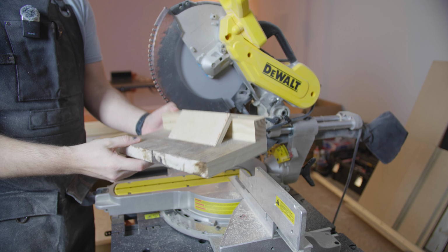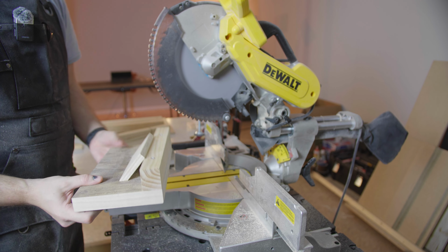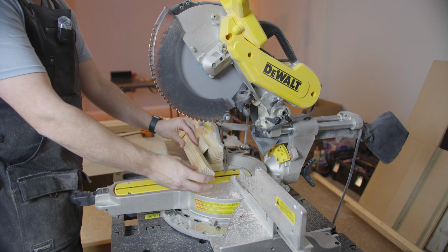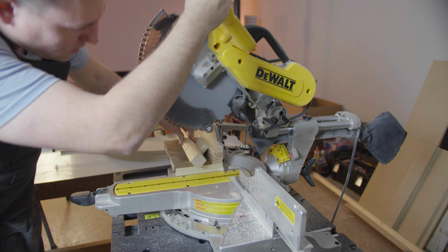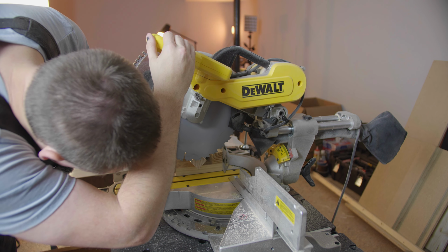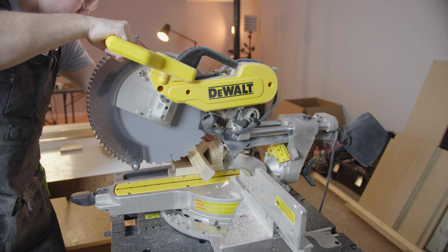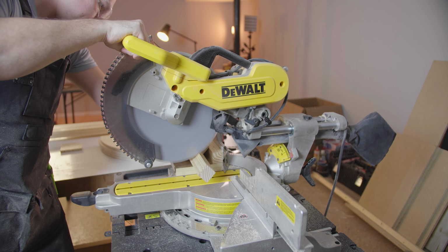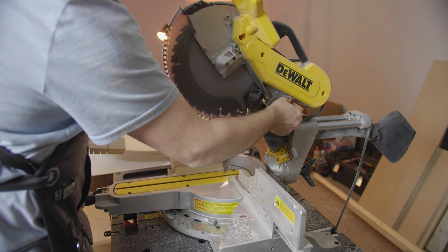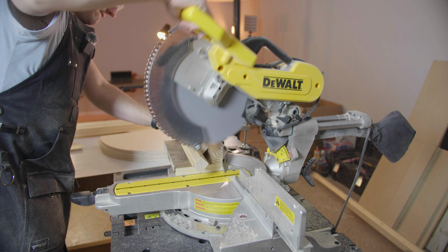So I eventually decided to take just this part of the jig and bring it over to the miter saw. I then took a little piece of scrap wood and tried to set the depth stop so that it would only take half of the board with each pass. After a little bit of adjustment, I was ready to start making some test cuts. So then I would make a cut, adjust the depth stop a little bit, and make the cut again until finally...